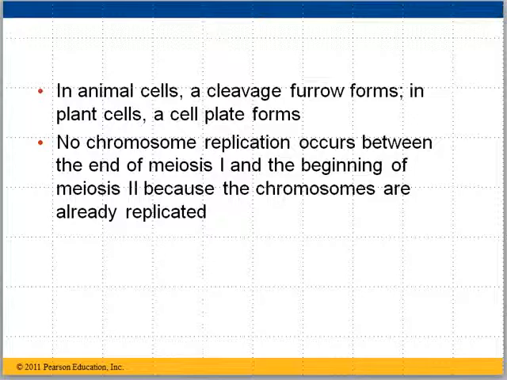So we already know in animal cells, the same way as in mitosis, a cleavage furrow forms, and in plant cells, a cell plate forms. It's important to know that no chromosome replication occurs between the end of meiosis 1 and the beginning of meiosis 2. So we already replicated the chromosomes in the S phase of interphase. We're not going to replicate again. So once we get started with meiosis 2, there won't be replication of chromosomes prior to meiosis 2 like there was prior to meiosis 1, because remember, we're going to split all this in half and create 4 daughter haploid